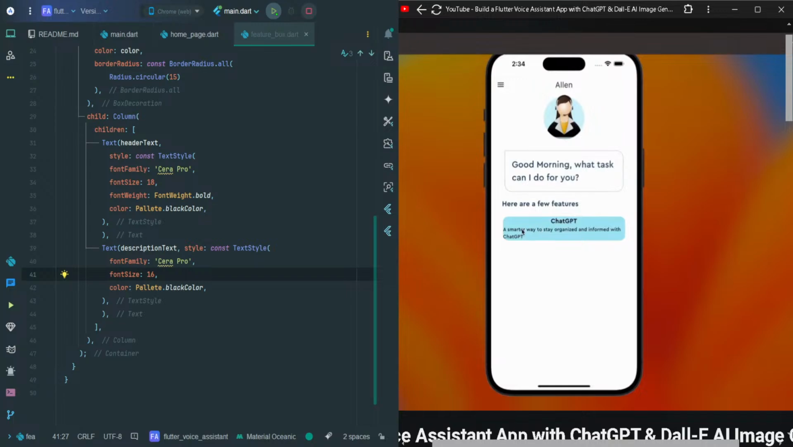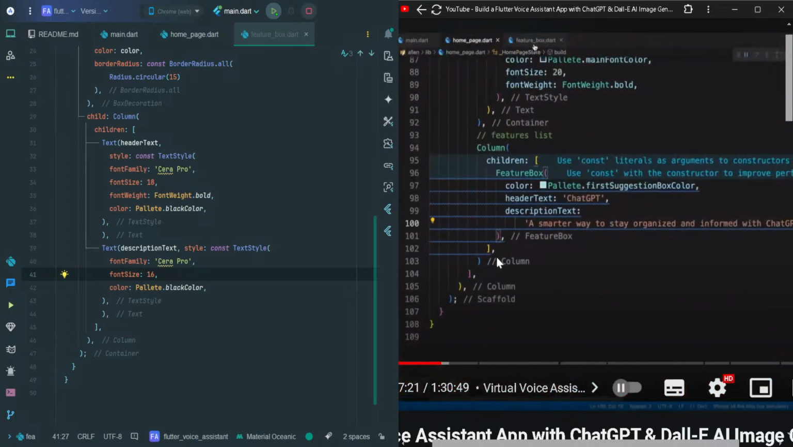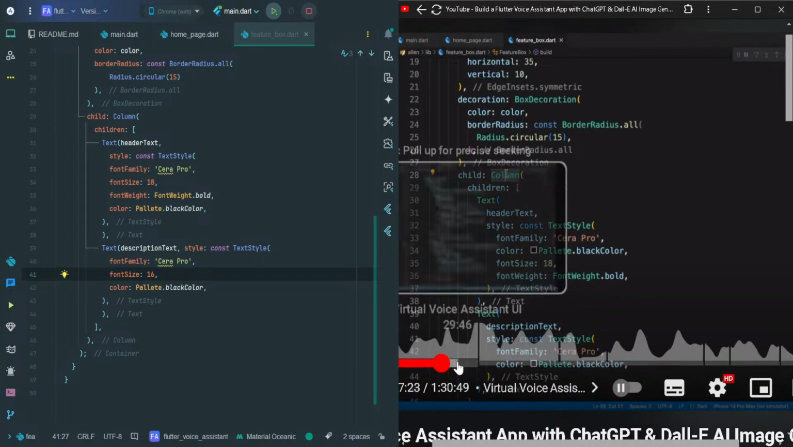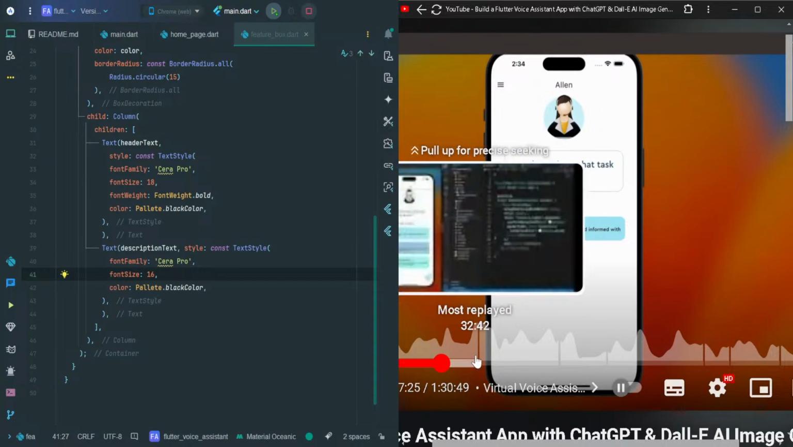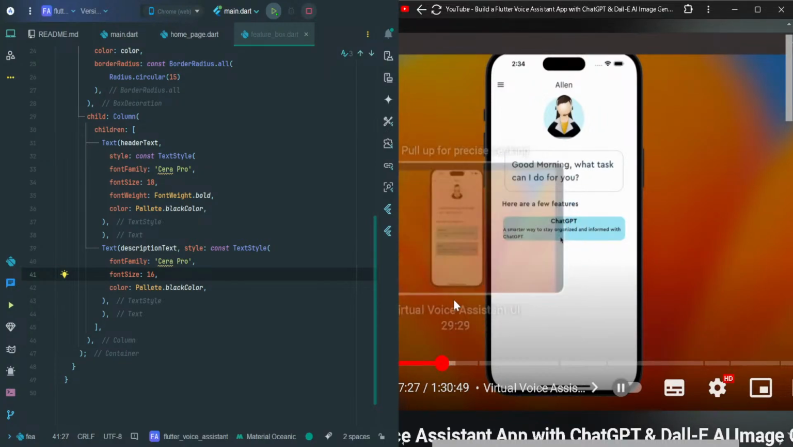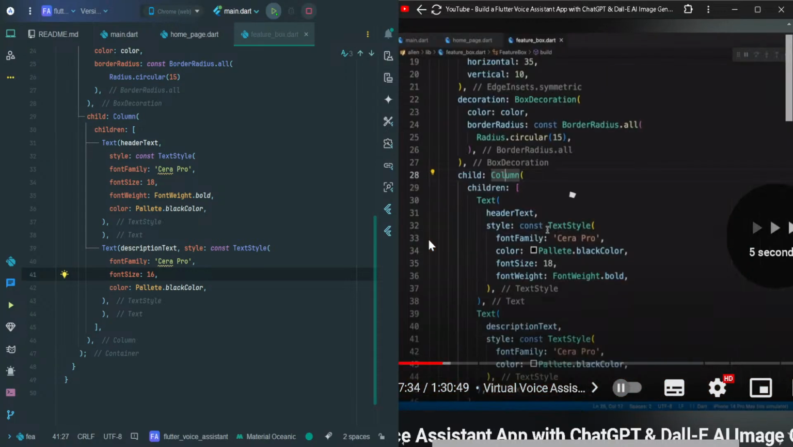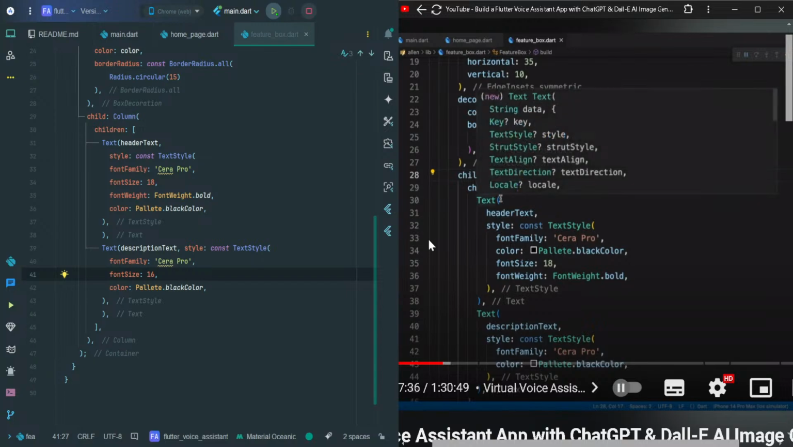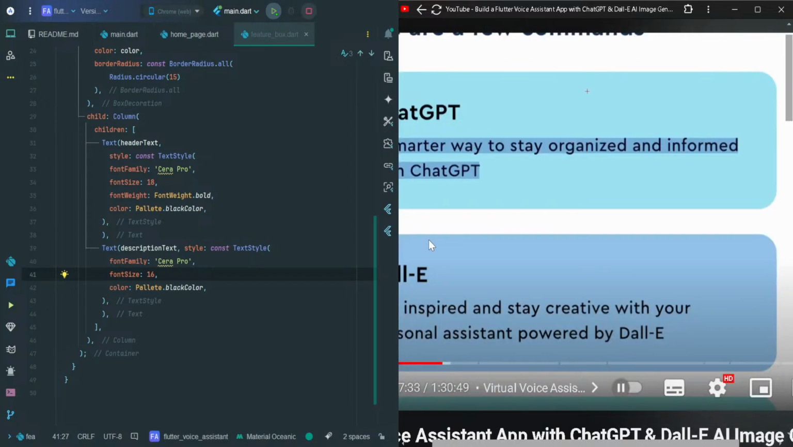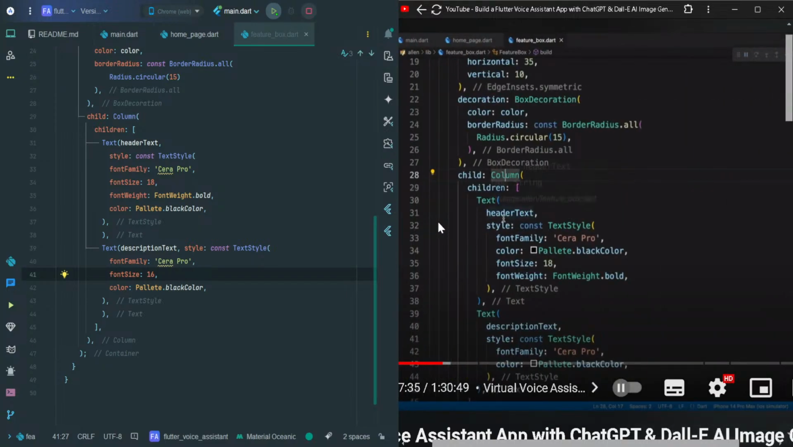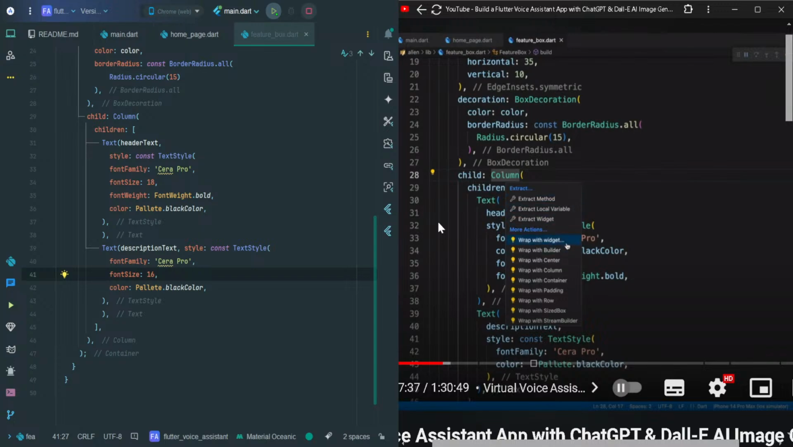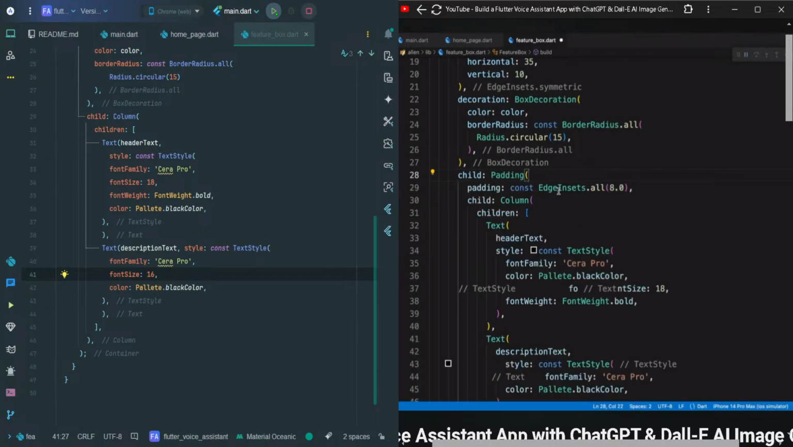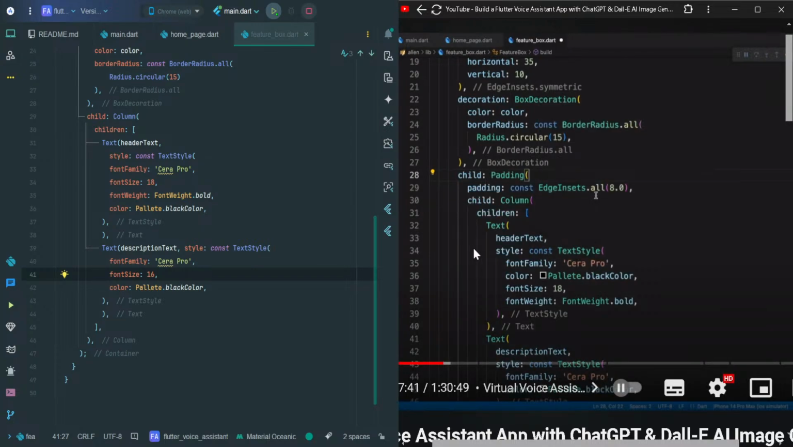There are multiple problems with it. First of all, the padding problem. So let's pass in a padding to this column so that these texts have certain padding to them. It just looks cleaner that way. There's some padding right here. So let's pass in a Padding widget where we are going to pass in